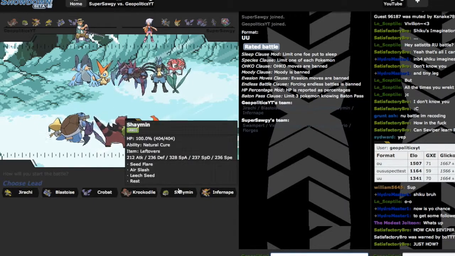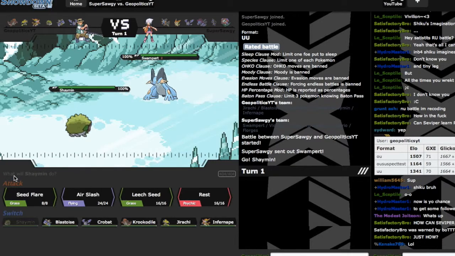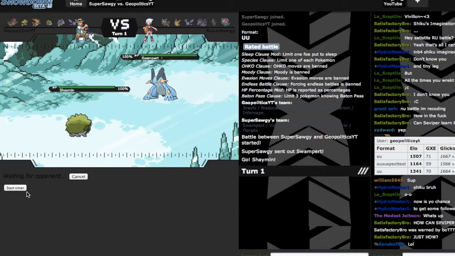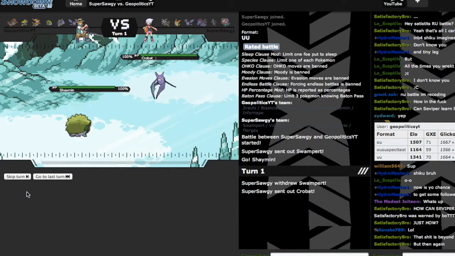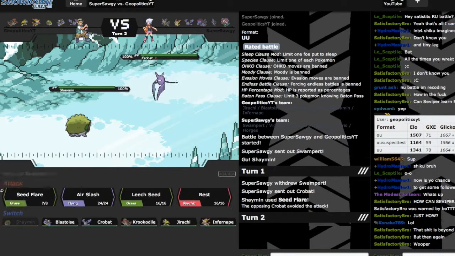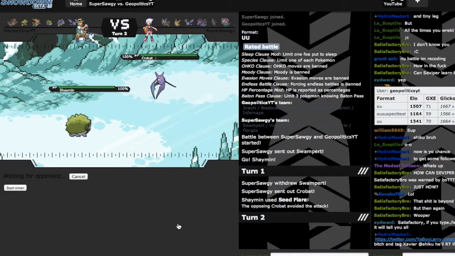So I am going to lead with Shaman, expecting him to lead with Swampert to try to get up his rocks. That is the case, so I can immediately threaten him out with a Seed Flare, and I'm just going to be safe and go for it on turn one. Turn one, guys. I do miss the Seed Flare, which is a bit unfortunate,